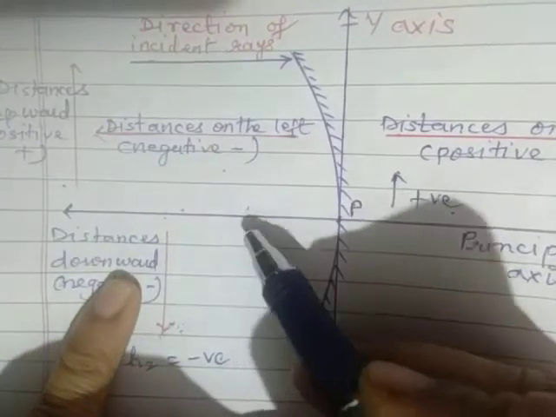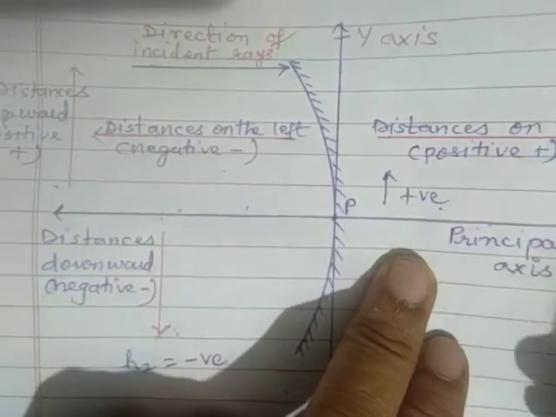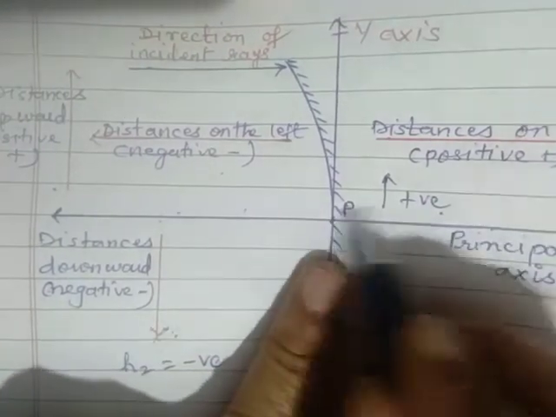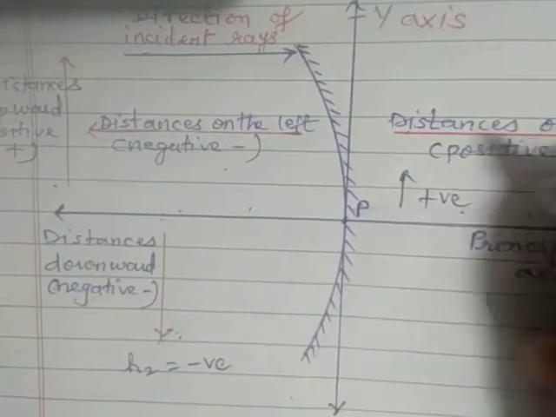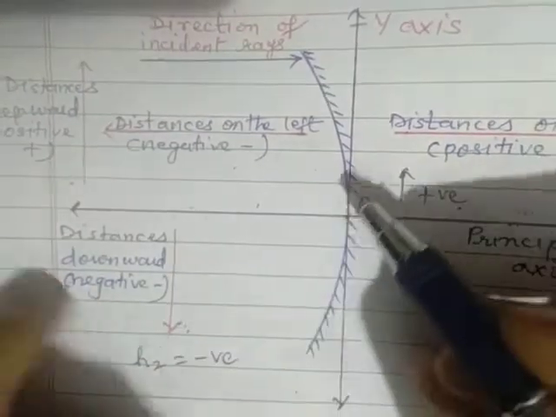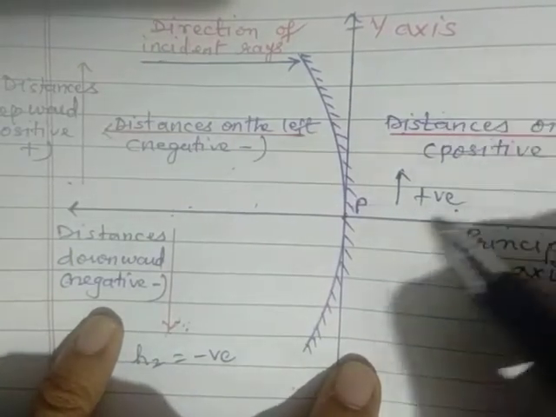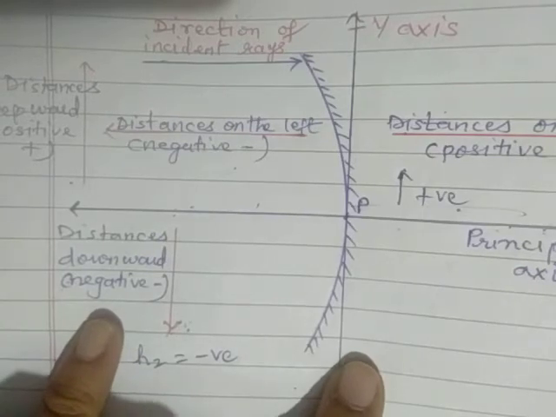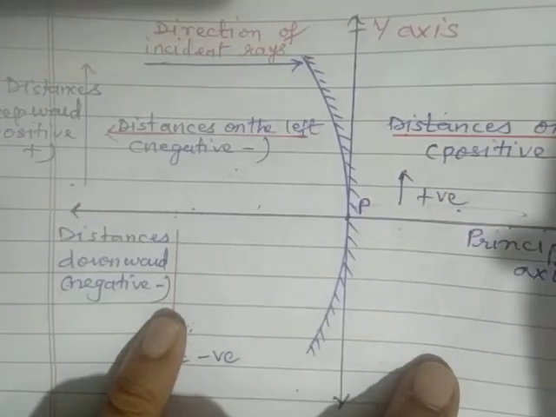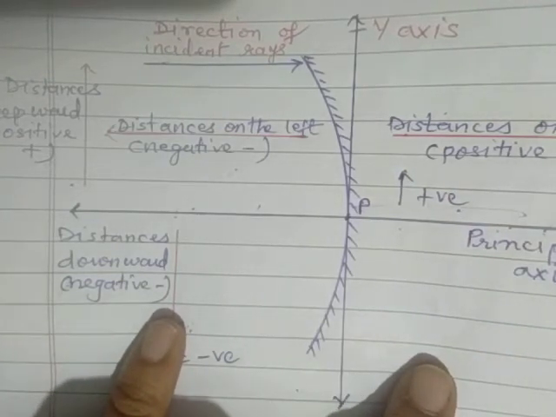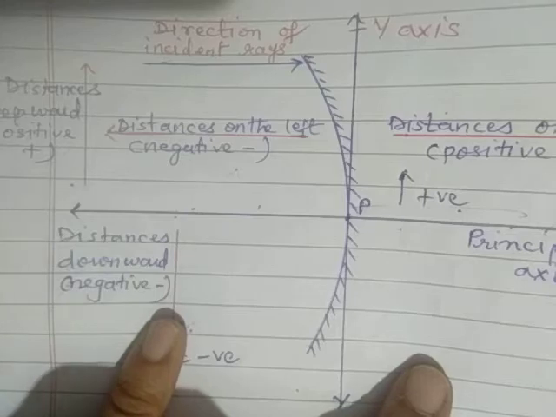Then the focal point is not formed in front. We are getting the focal point behind, and behind means on the right hand side. So the focal length will also be positive in the case of convex mirror. So remember, for convex mirror everything is positive. That is the object distance, image distance, the height of the object as well as the height of the image, and the focal length, all are positive. Whereas it differs for the concave mirror depending upon the position of the object. So this is regarding the Cartesian system sign conventions, mirror formula and magnification.